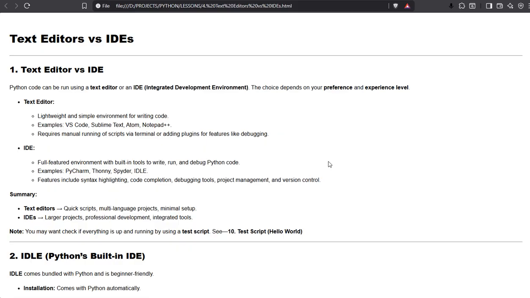In this video I'm going to cover text editors versus IDEs. There's a big difference between a text editor and an IDE, or an integrated development environment. With a text editor, it's basically what you see is what you get. There's no special features. You need to use your command prompt in order to execute the code, or otherwise, if it's something a little bit more advanced like VS Code, Sublime, Atom or Notepad++, you can run it through